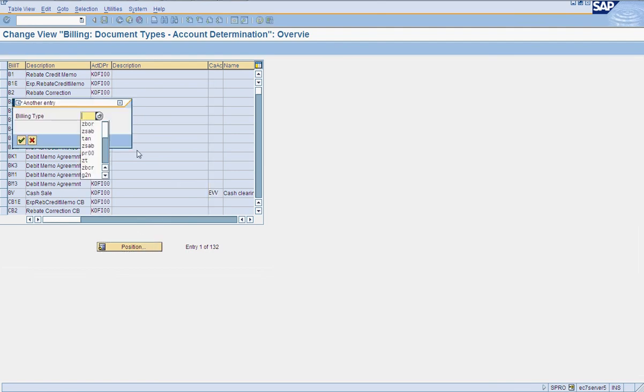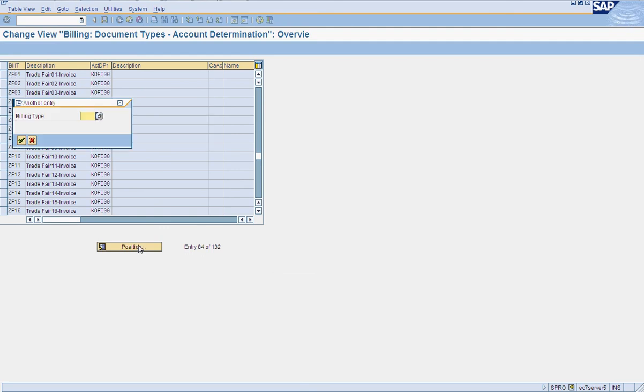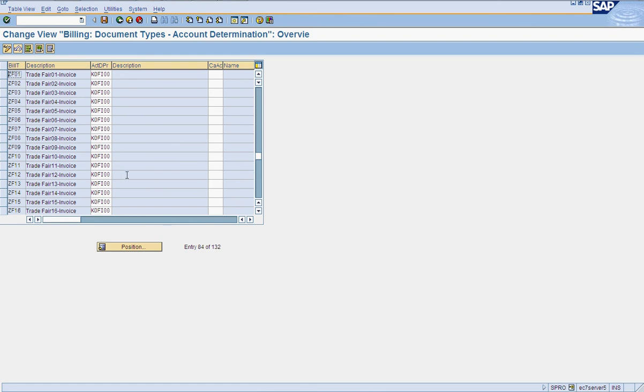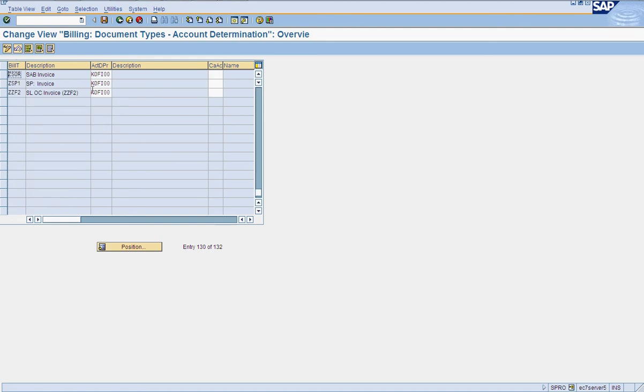Let's check our billing document types. ZBOR, I think. What are the billing document types we have created? Sorry, it's ZS OR, I believe. Yes, sub invoice and sub credit we have already defined and assigned using the standard sequences.